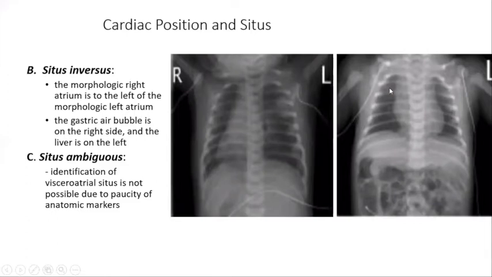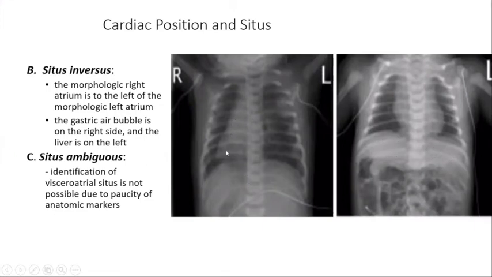And situs ambiguous. In situs ambiguous, we cannot accurately say where the right chambers of the heart are. Right chambers may be anywhere, or left chambers anywhere. There is no clear-cut relation of the chambers in their locations. So this is ambiguous, and we will be puzzled. So it is termed situs ambiguous. And we can also see the position of other viscera, like the liver. There is also no clear-cut position, as the viscera are more toward the midline.